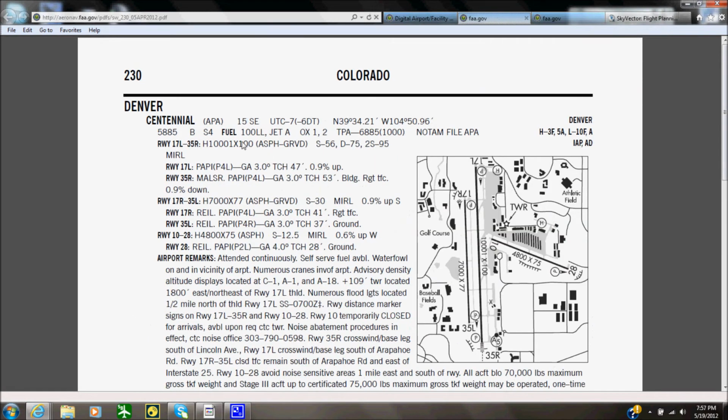So on Centennial, we have the identifier code, the time in Zulu, time zone, so -7 not daylight saving time, so -6 hours in daylight saving time. Longitude, latitude, airport elevations right there. Fuel that's available through here is 100 low lead, Jet A. Then you have